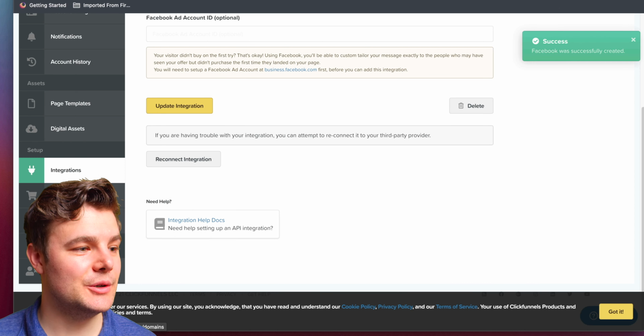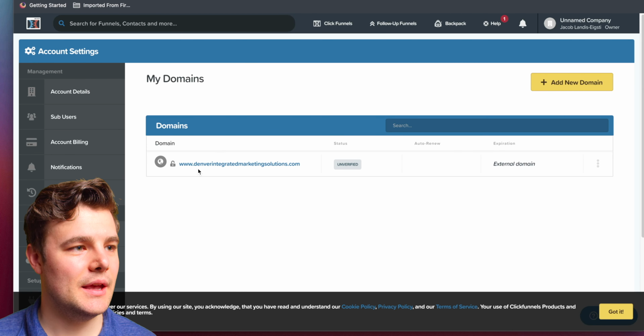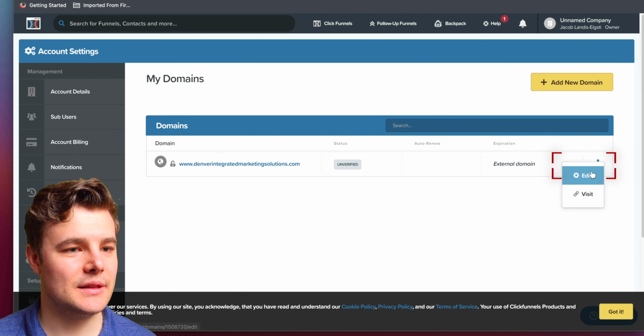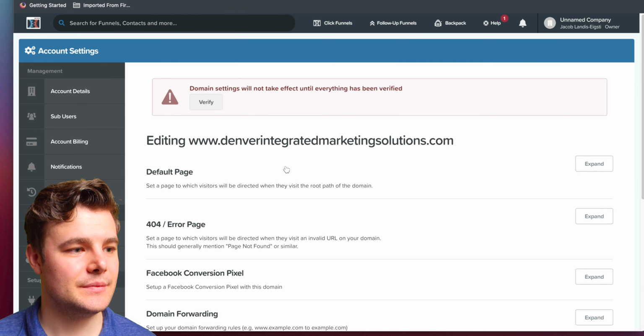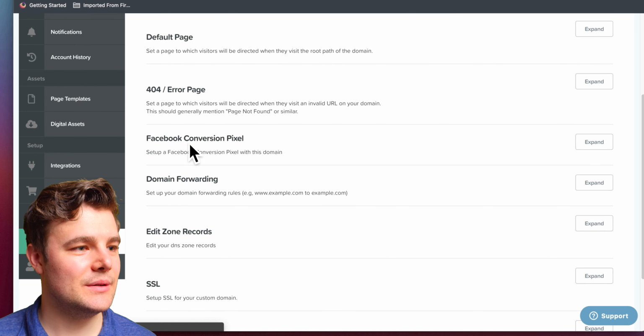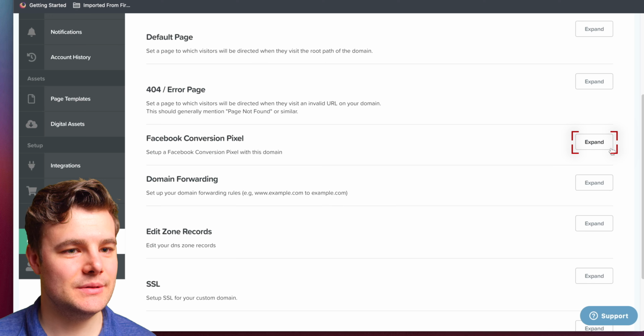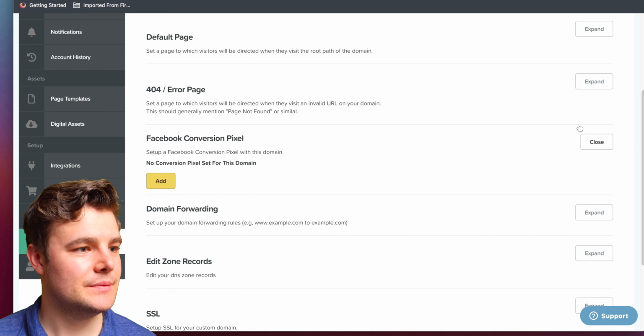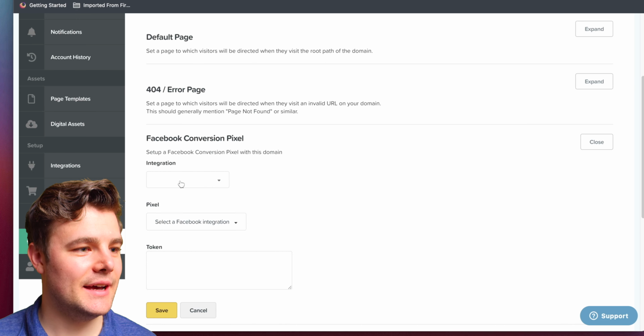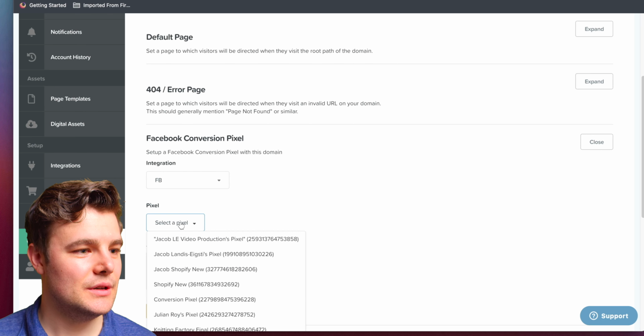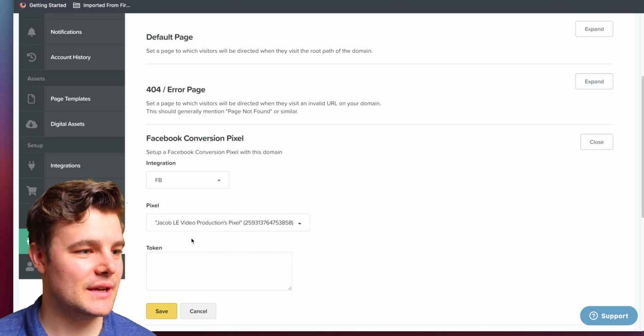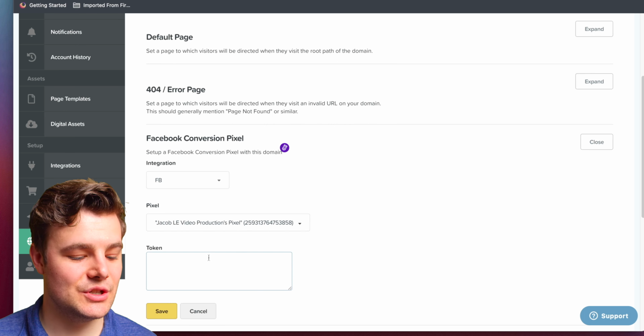So it took a second to load. Now we'll go to our domain and we'll select the domain and click edit. And then we'll scroll down to Facebook conversion pixel. Then we'll click add integrations, what we just created, Facebook. We can select the right pixel and then you'll punch in that token that we just copied over